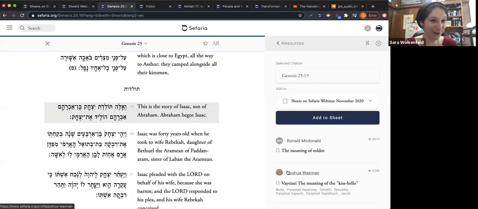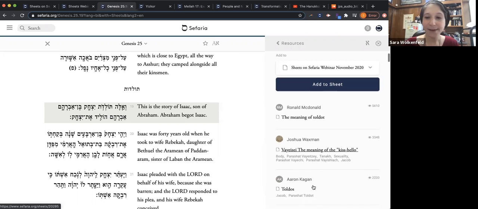And if I create a sheet that quotes this verse, the first sheets that I'll see will actually be my sheets that I created, which I just want to say is really important if you are someone who does a lot of Torah creation, because you might not always remember. I don't always remember when I have created resources about a particular text. And so I am very grateful to find them in that sidebar and be reminded that I actually already created something that has this resource.